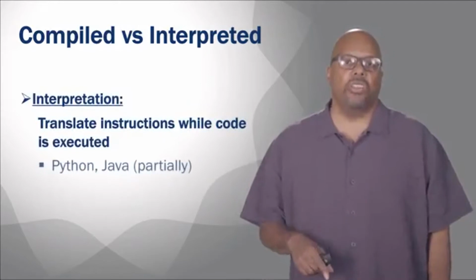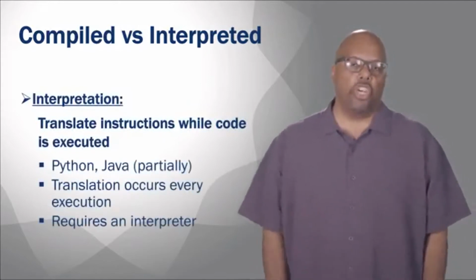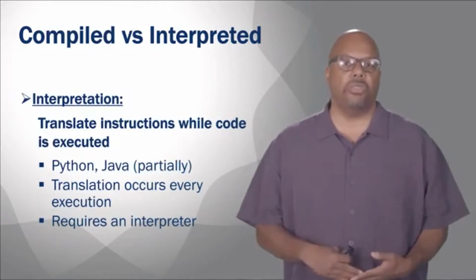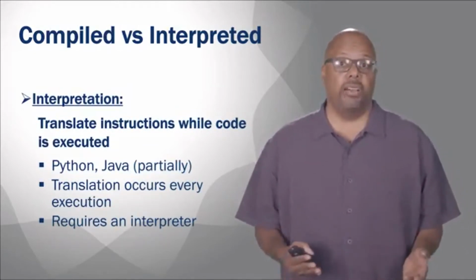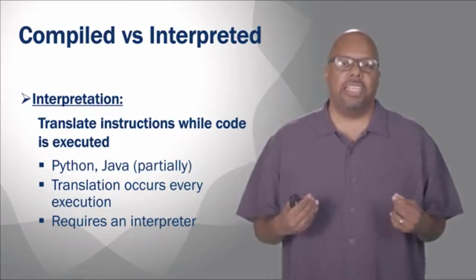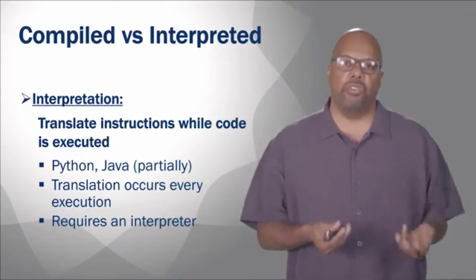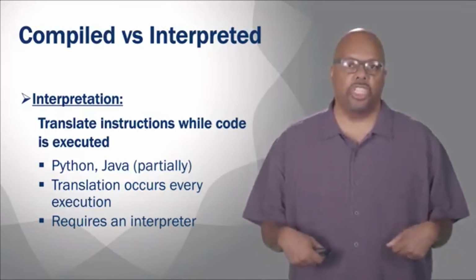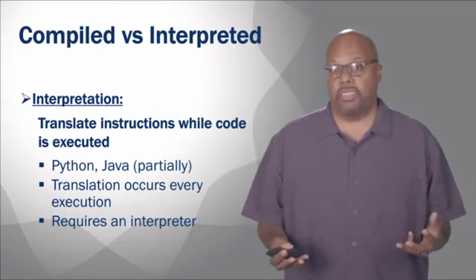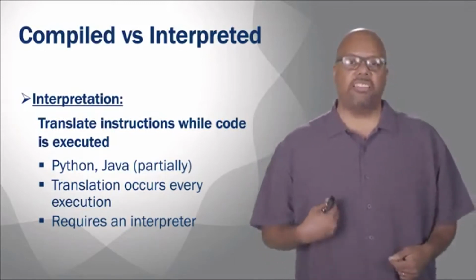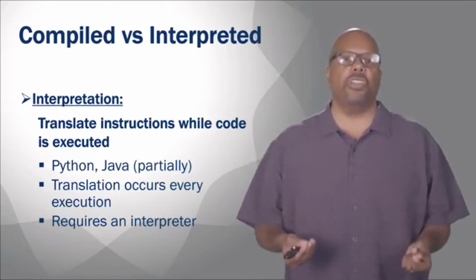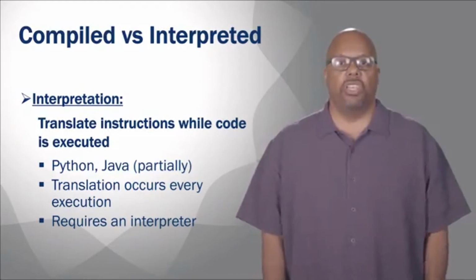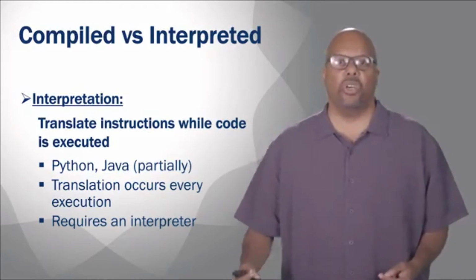So the other way to do this is interpretation. In an interpreted language, instructions are translated while the code is executed. So what happens is it adds time to the execution, right? Because every time you see an instruction in, say, Python, that instruction has to be translated into machine code on the fly. And that takes a certain amount of time just to do that translation. So in addition to actually executing the instruction, you've got to do the translation from the instruction into the equivalent machine code. So that slows you down. So the translation occurs every time you run the Python code, say, or Java, right?